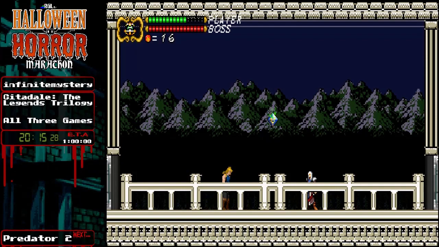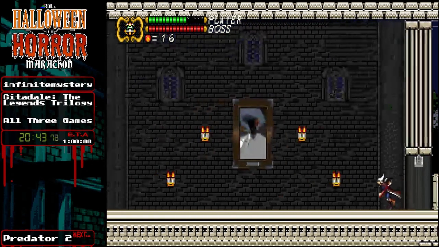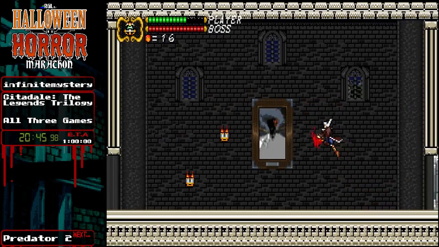So I'm just waiting for the invisible conversation to end, where the text boxes are supposed to be shown, so I can actually move. There we go. That whole conversation was